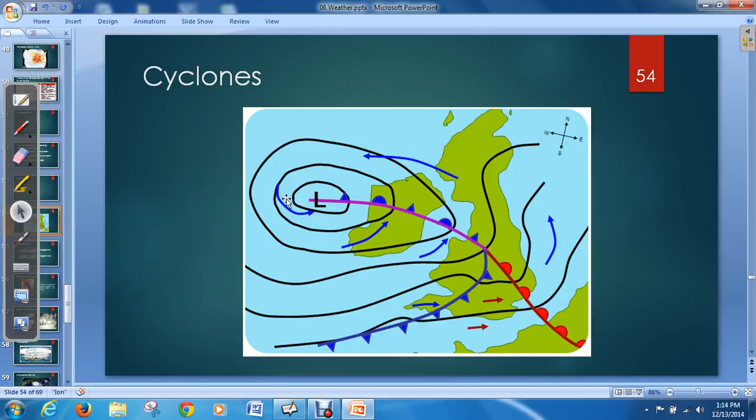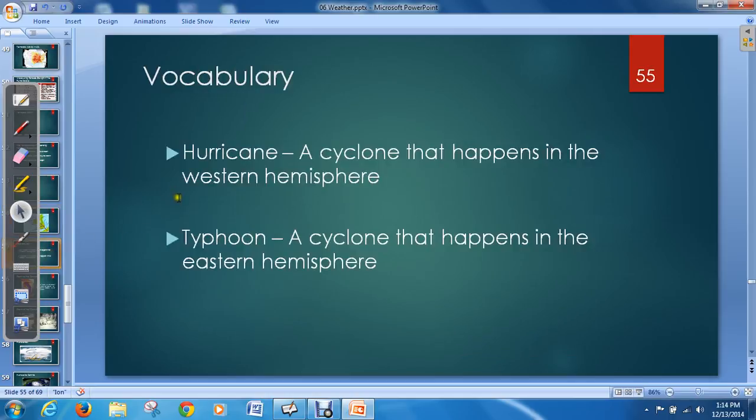But you have probably never heard the word cyclone too frequently on the Weather Channel, because we don't usually call them cyclones. If a cyclone happens in the Western Hemisphere, we call it a hurricane. You've probably heard of a hurricane before, so that's the word we most commonly use. And we also use typhoon if it happens in the Eastern Hemisphere. So you've probably heard of things like Hurricane Katrina or a typhoon that struck India. These are the more common words that we use.